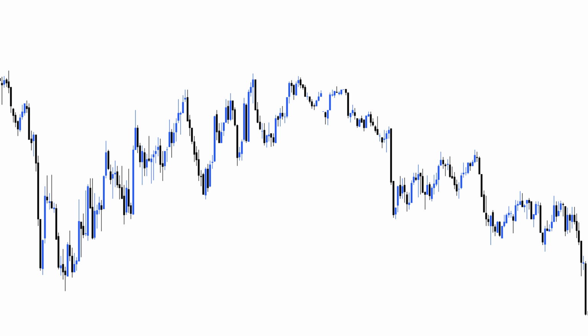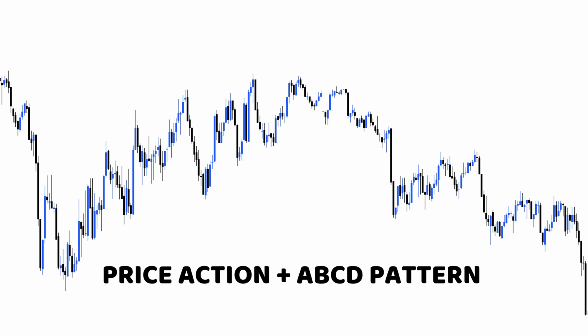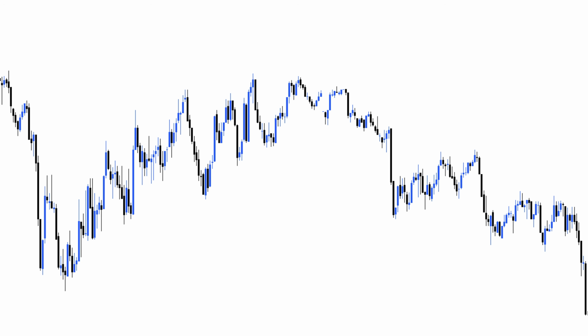Alright, now we've reached the more detailed section. In this part, we will combine price action with the ABCD harmonic pattern to analyze market movements. We will carefully examine the chart, identify the most logical trade scenarios, and then build our own strategies step by step. Are you ready? Let's begin this exciting journey to deepen our strategies and take our trades to the next level.